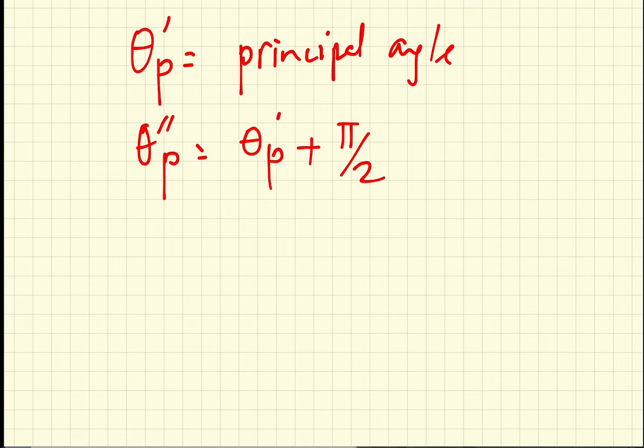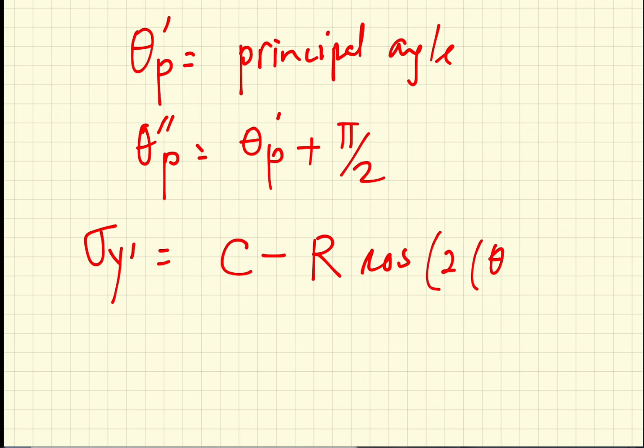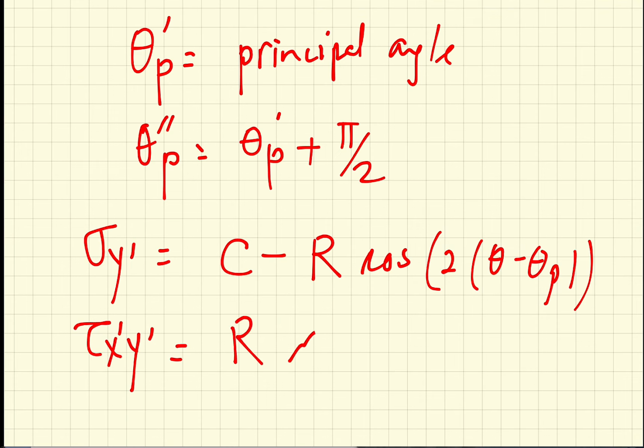And we can do the same thing for sigma y, so I'm not going to rederive it, but it turned out to be equal to C minus R cosine 2 times (theta minus theta p). And the same thing we can do for the shear at x prime y prime, and it is going to turn out to be R sine 2 times (theta minus theta p). So if you notice,